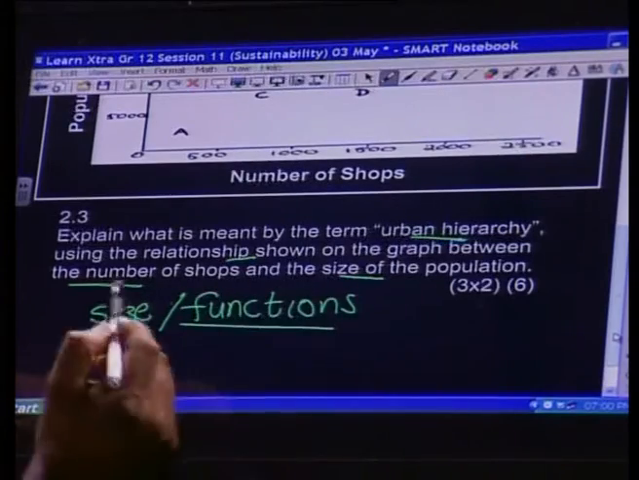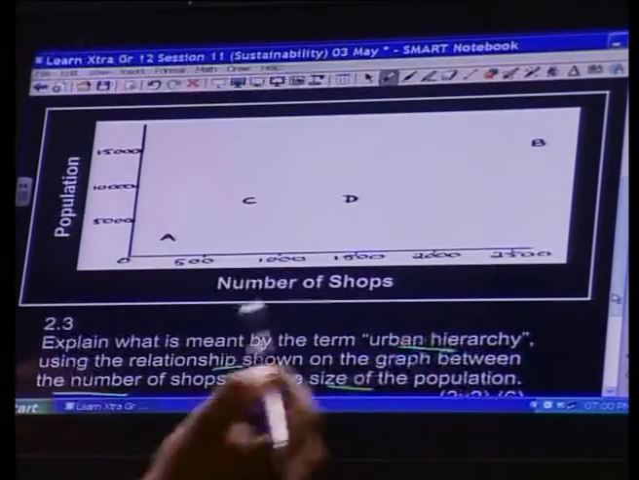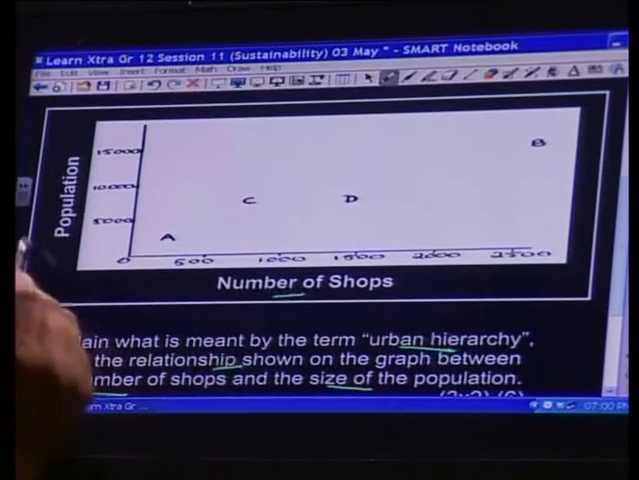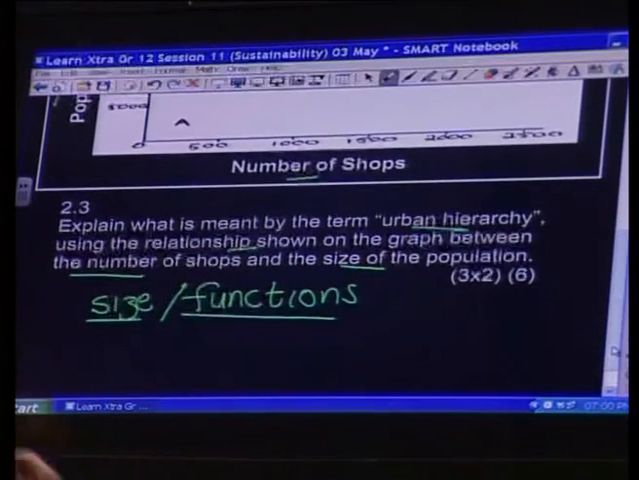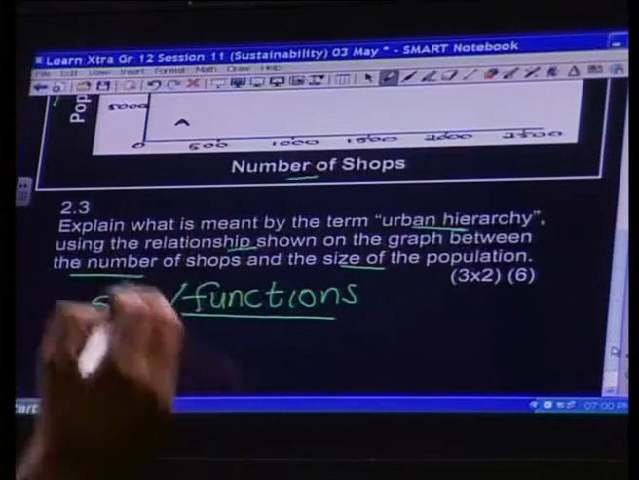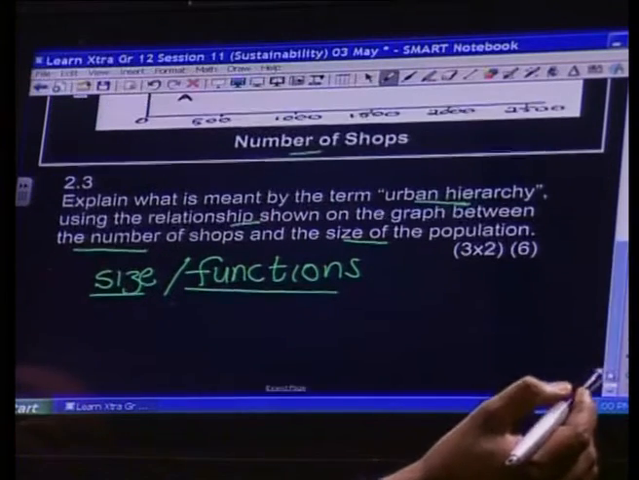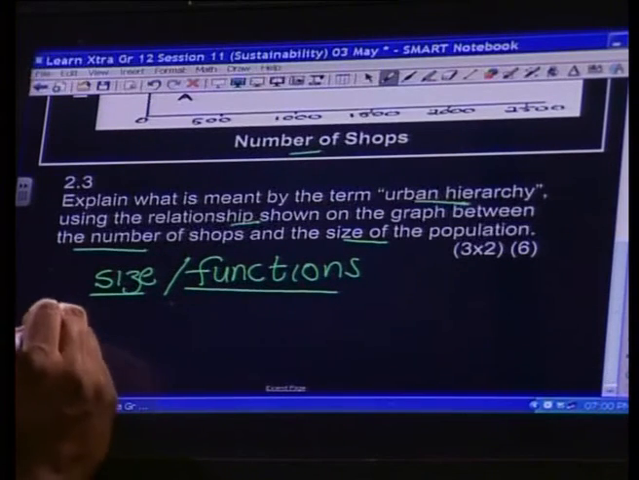These two words should be included in your understanding of urban hierarchy. Proper studying would ensure that you've extracted these keywords during your studying to explain this definition. However, what the question requires you to do is to use the relationship shown on the graph. The relationship is between number of shops and the population size. In order to understand this, we should be referring to number of shops and population size. A possible answer could be the